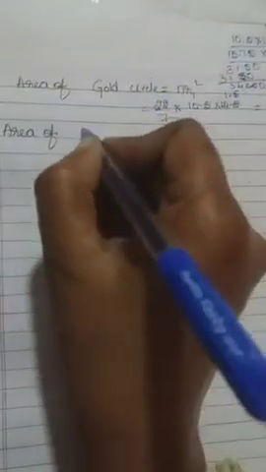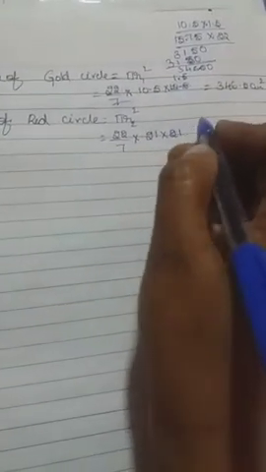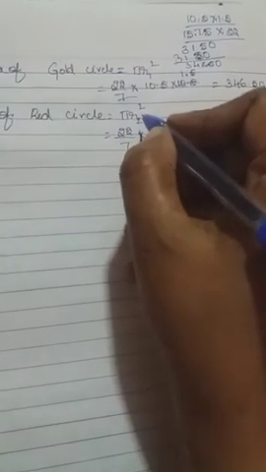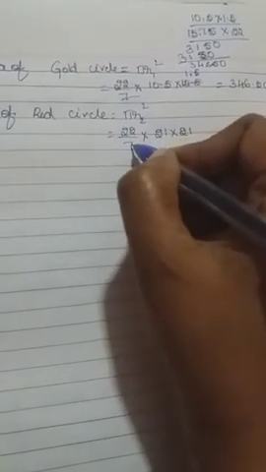Next we have to find out the area of the red color circle. The area of the red circle is pi r squared, where the radius of that circle we have taken as r2, so it is 22/7 into r2 squared. We got 31.5 there. We can check: 21 into 21, since r squared means 21 square.